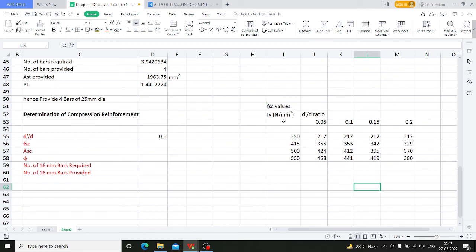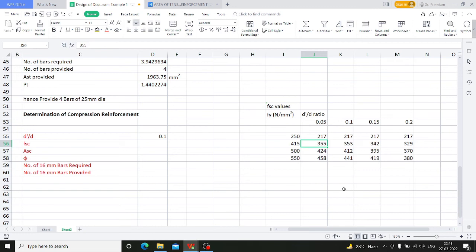Okay, so you can assign the FY value from the given data. But you have a problem here. See, if FY is 415, you have 4 different values of FSC, and that depends on the d dash by D ratio. So when you are using only the VLOOKUP function, you also have to assign the name of the column, whether you are taking the value from J column, K column, L column, M column,